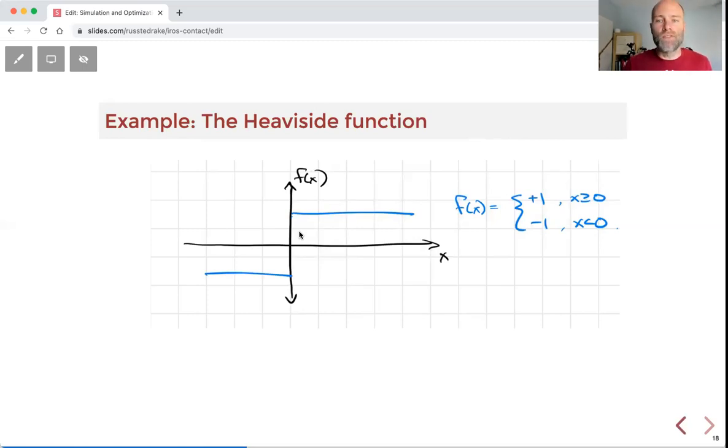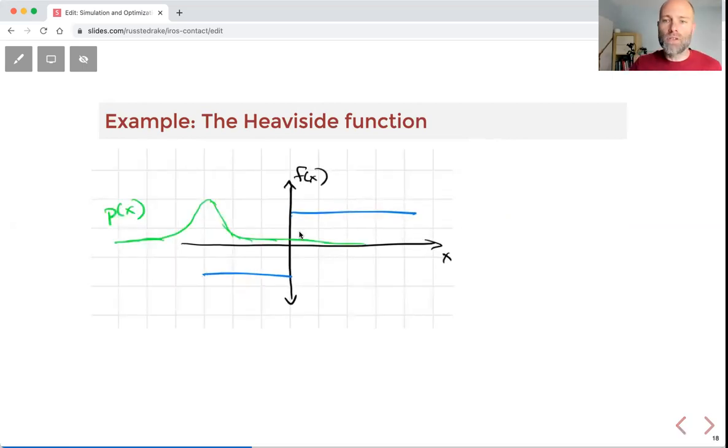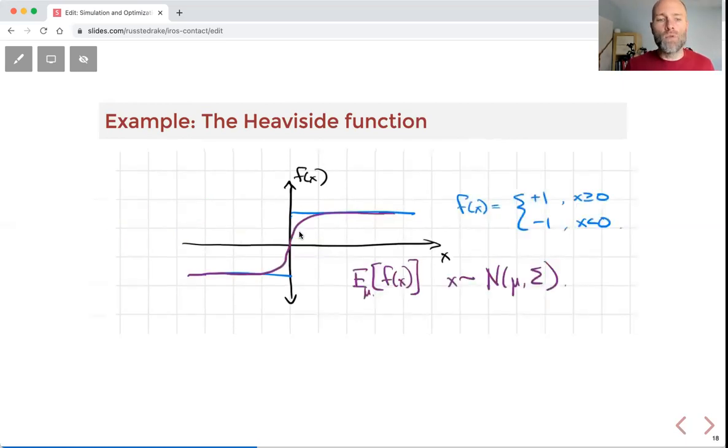So imagine f of x is just the super simple function. It's +1 for x greater than or equal to 0, -1 for x less than 0. Okay, if I take a probability distribution and drag that along the x-axis and I ask what's the expected value, then it does a beautiful thing. It smooths out the objective, beautifully. So now the expected value of f of x under that Gaussian sampling, you'd expect in its closed form to be a beautiful, like, sigmoidal function. It goes through the origin, gradient defined beautifully everywhere.